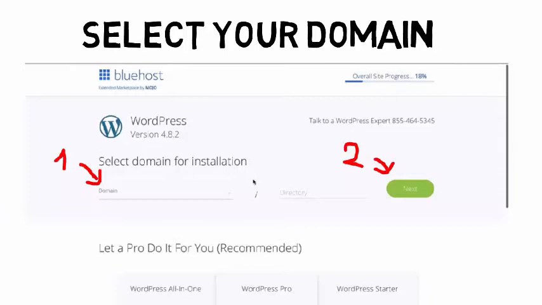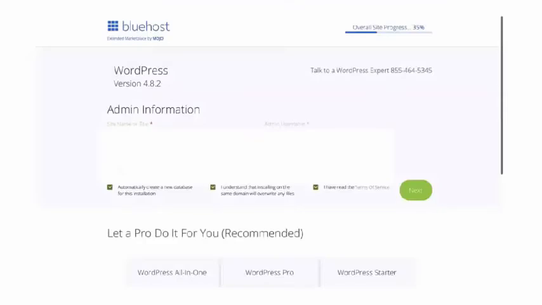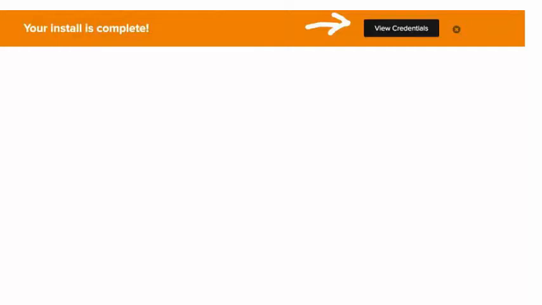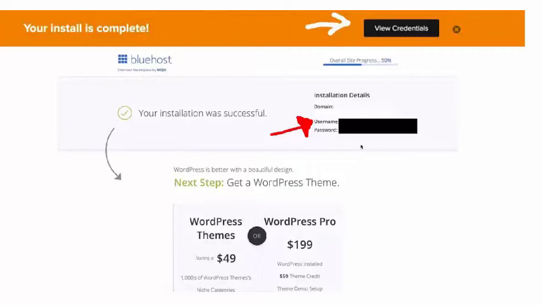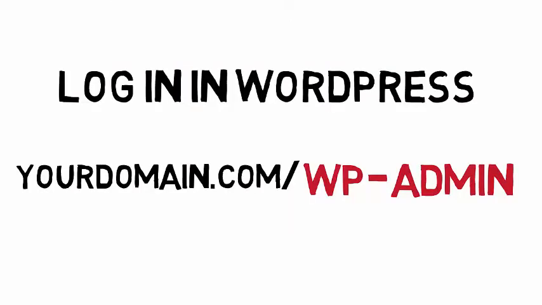At this point, simply click Next, and you'll land on a page where you have to put in the blog title that you can always change later, and the admin username that you are gonna use to log in. At this point, click Next, and in a few seconds, WordPress will be installed. Once the installation is completed, click on View Credentials, and here you have the login information that you use to log in WordPress. Don't click away, don't close the page, because you are not going to be able to recover this information. So save the password and the username,